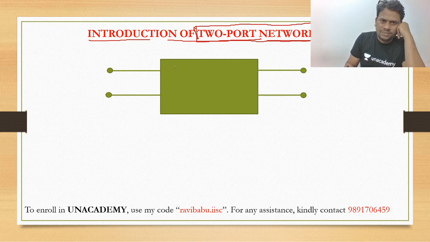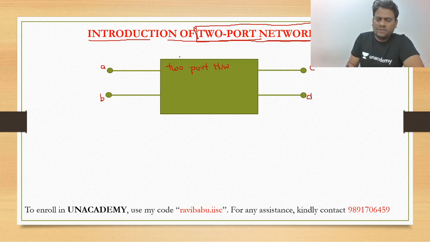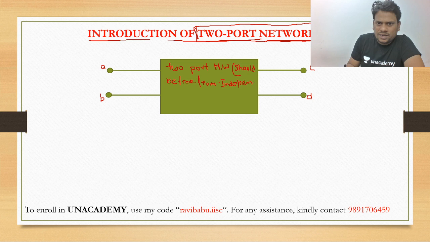My dear friend, let us assume this is terminal A, that is terminal B, and here C and D are. Now it is our two-port network. And this box of two-port network should be free from independent elements, plus our inductor and capacitor